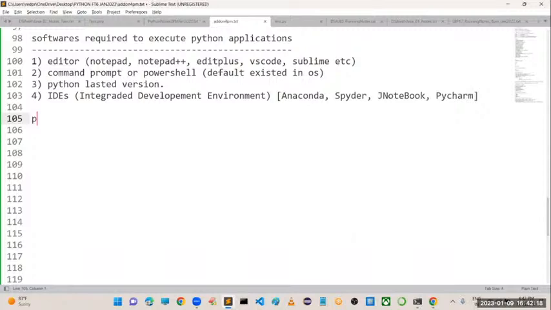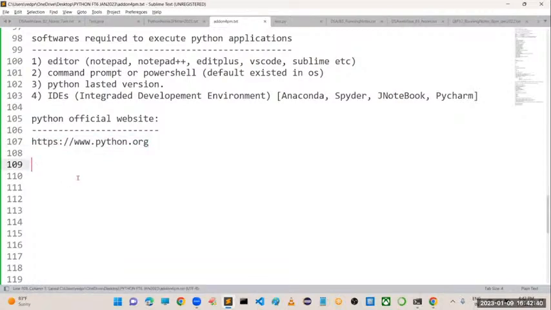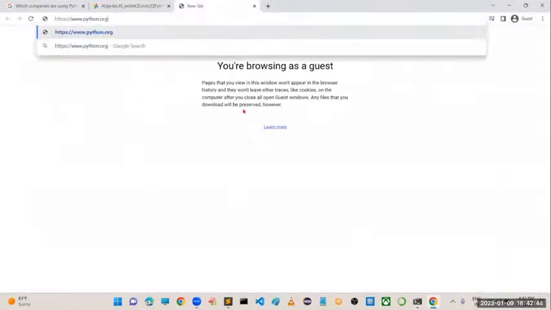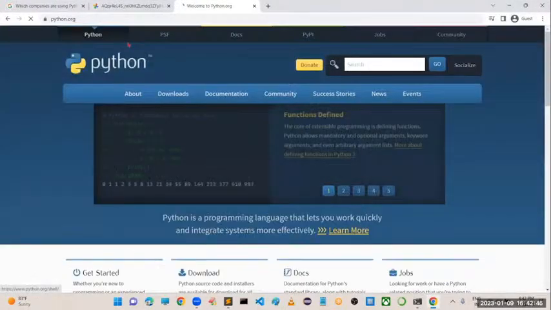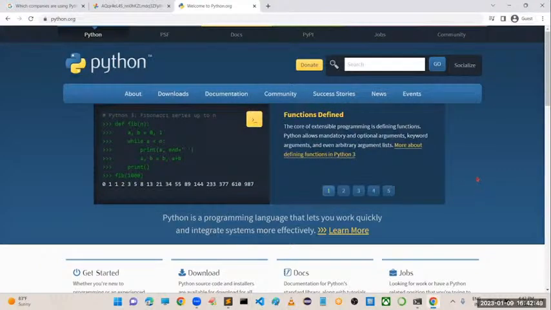Okay, then, sir, the Python official website. What is the Python official website we have? https://www.python.org is the official website.